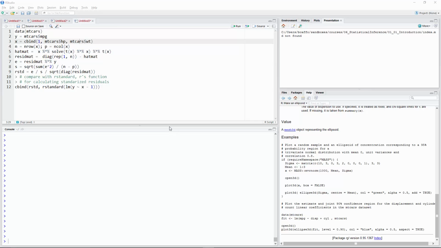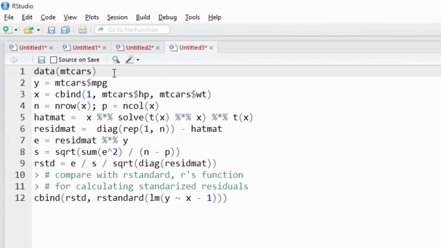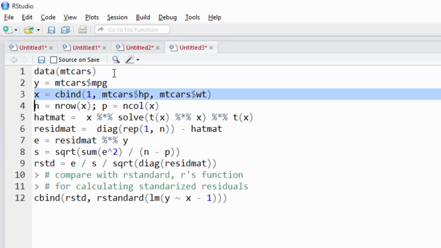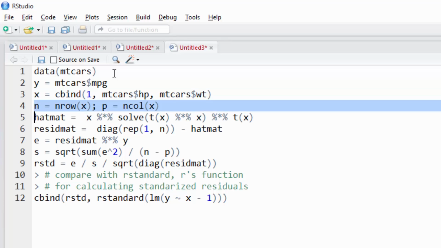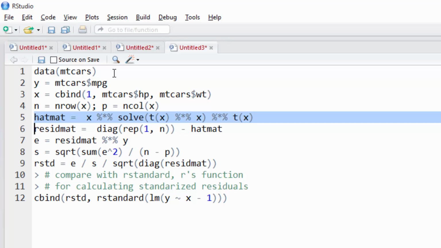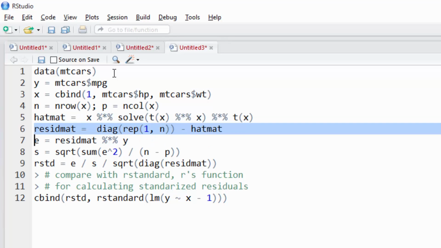Okay, so let's start creating some standardized residuals just to show an example of doing it manually and then with R's default built-in functions. So if I do data mtcars, for the Motor Trend cars data set, my Y is miles per gallon. In this case, my X is an intercept, horsepower, and weight. Okay, I define my N and my P. I create my hat matrix, and then